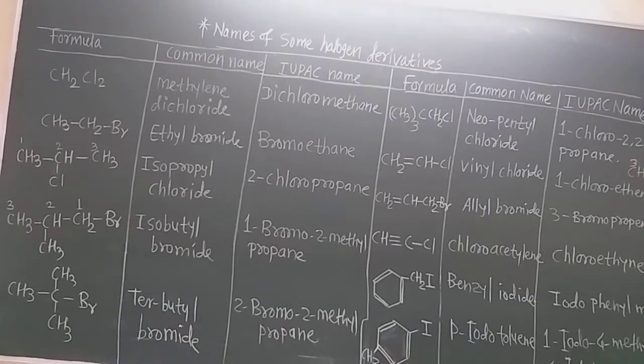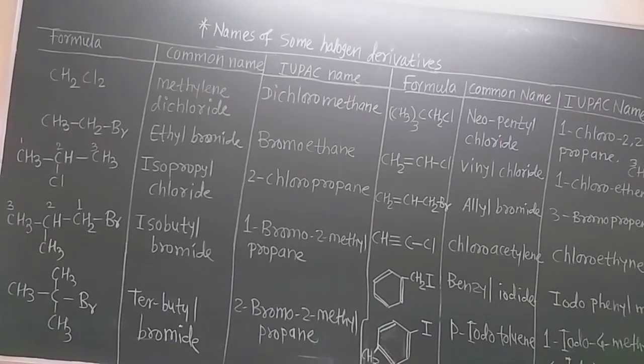Then we learned the classification of halogen derivatives on the basis of the type of carbon atom and on the basis of the number of halogen atoms attached directly to that organic molecule. Type of carbon atom means whether the carbon atom is sp hybridized, sp2 hybridized or sp3 hybridized. On that basis we classify halogen derivatives as allylic halides, vinylic halides, alkyl halides, benzyl halides, and these are the different types we already learned.